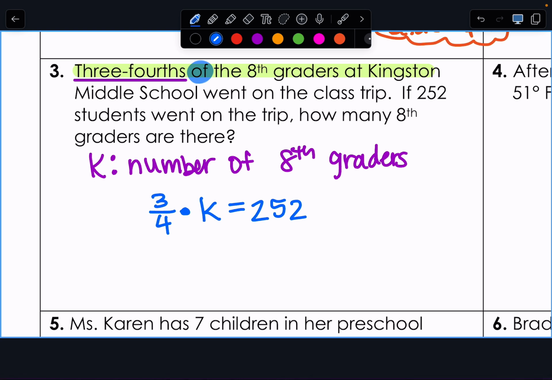252. Okay. So here we go. I want to get K by itself. K is being multiplied by 3/4. So how do we undo multiplication? Now we're dividing by a fraction, which means we've got to do what? Multiply by the